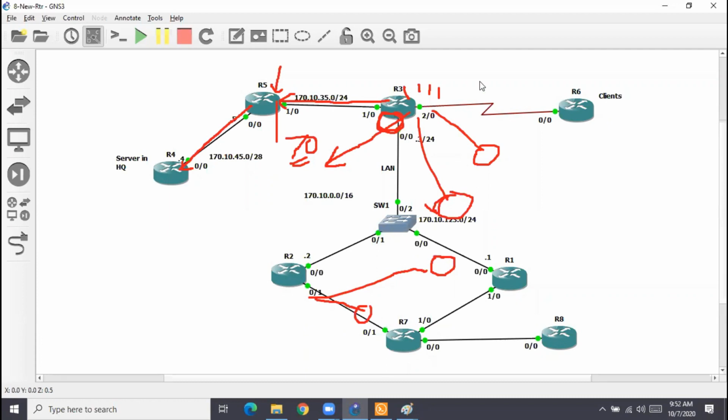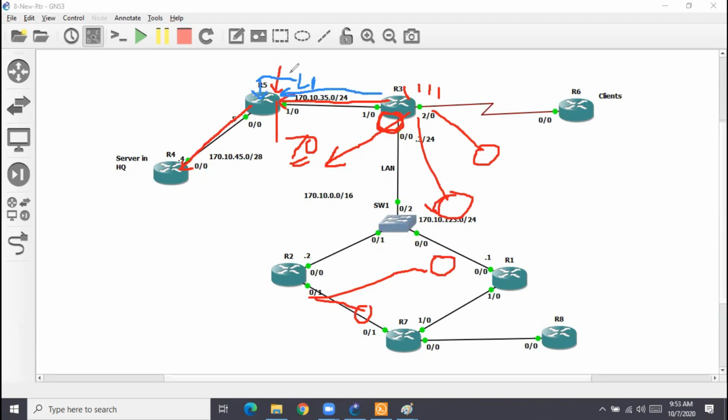So suppose, see now here, I'm using blue color. Let's say some new LSA comes. First time, so I'm numbering it one. So what does R5 do? It makes a copy of this LSA. It's like this router is having a photocopy machine. It does not even read it. It just checks that this is something new, and makes a copy. Once it made that copy, it keeps the copy with itself, in its link state database.